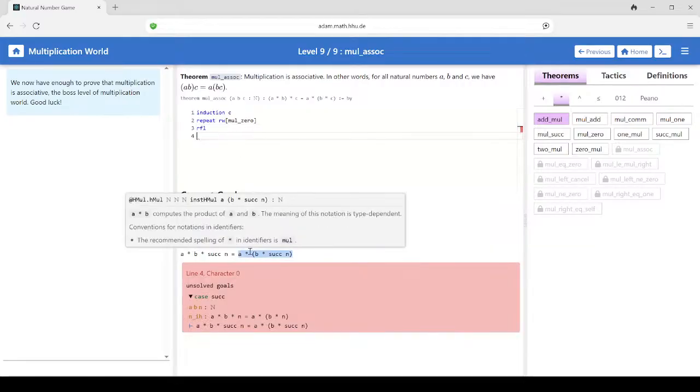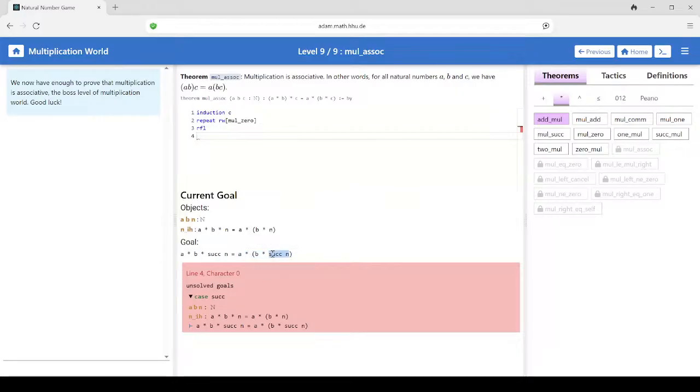I mean, we're still in a very similar situation here, if not the exact same situation. Well, actually,